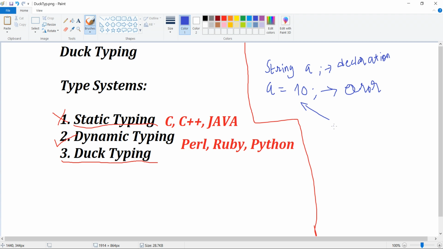and this thing is called definition. Here you declared a variable and here you initialized. So you are defining that the value of a is an integer, but here you just said it is of string type. These are two incompatible types in these programming languages, so obviously it will throw some error. Static typing usually happens at compile time.